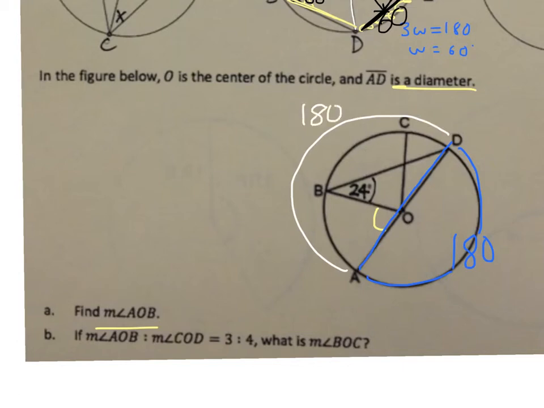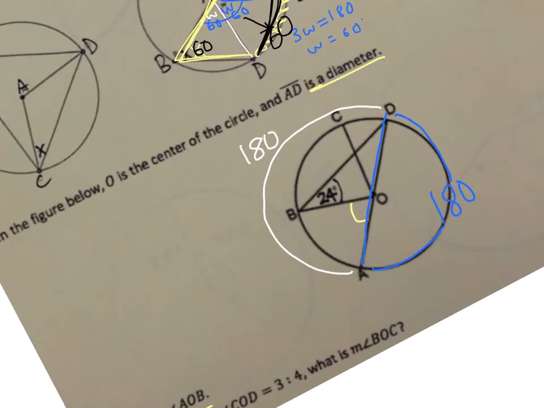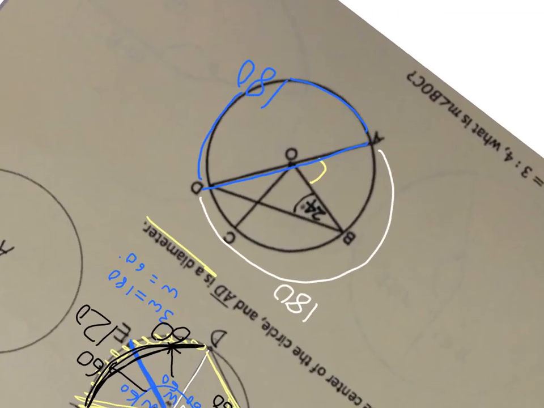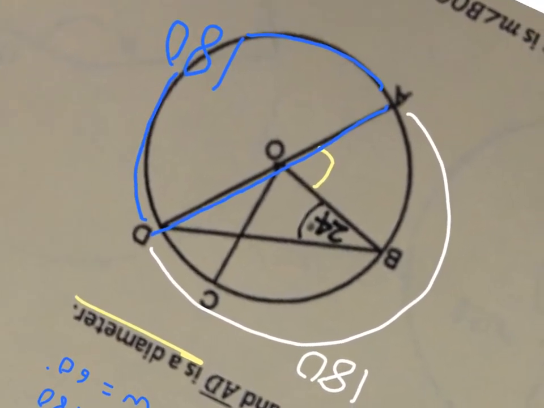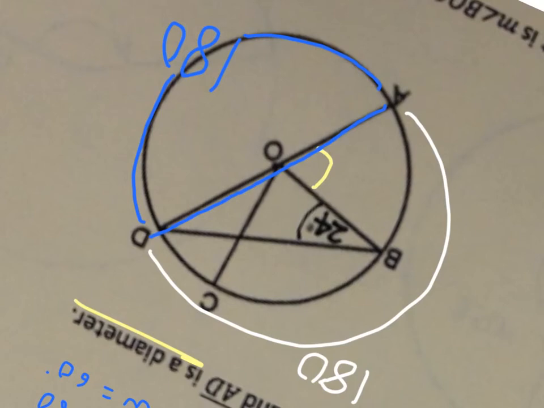So just from that information alone, can I figure out what the yellow angle is? All right, this is not a very easy question to do. It actually took me a few minutes to figure out where to go. And what I'll do is I'll just give you the start. And with these kinds of questions, there are some things you have to look out for. Diameters are a big thing. But also, since we're talking about a triangle formed inside of a circle, you should be on the lookout for